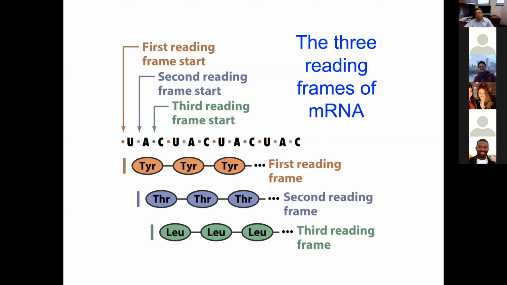Yes, sir. So I guess once there's a stop codon, that's when you would know when to start the first frame, correct? The first frame always starts with AUG, for the actual translation starts from that AUG. And then you would follow from there the first reading frame. Then you read the codon AUG, for example, after that UAC, UAC, UAC. Oh, okay. Yeah, it's a very important concept in molecular biology. And if you do not know that, you can easily make mistakes and your experiment will fail. Okay, that's a good question.